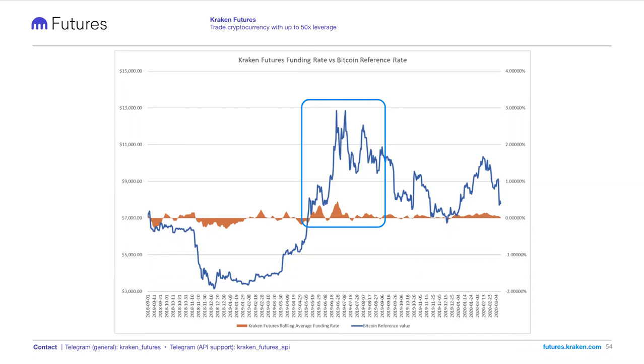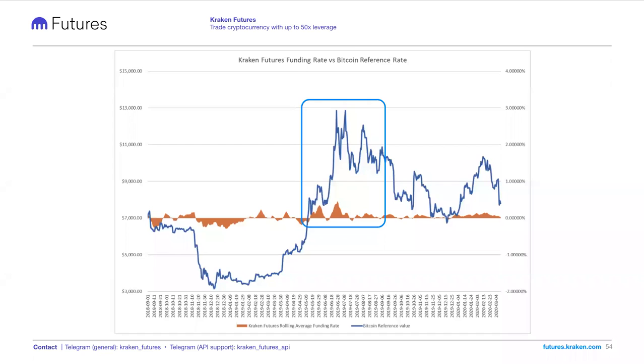So funding rate could be seen as correlated with momentum. Yes, very much so. In any 4-hour period, it can go either way. But on average, if the market is swinging up, if we have a run to $20,000 over the next couple months, you will see the funding rate on average be positive because there'll be much more buying pressure and the contract will be trading at a premium to the spot price.